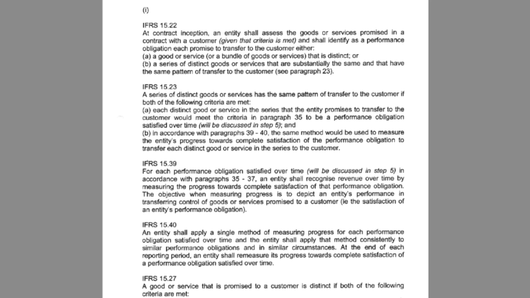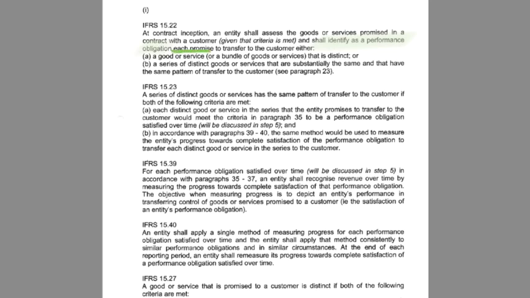So to answer the first required, which was to identify the performance obligations in the TEL 1010 plus contract, we need to go to IFRS 15 and to the paragraphs dealing with performance obligations. So the first paragraph we are having a look at is paragraph 22, which says, at contract inception, an entity shall assess the goods or services promised in a contract with the customer and shall identify as a performance obligation